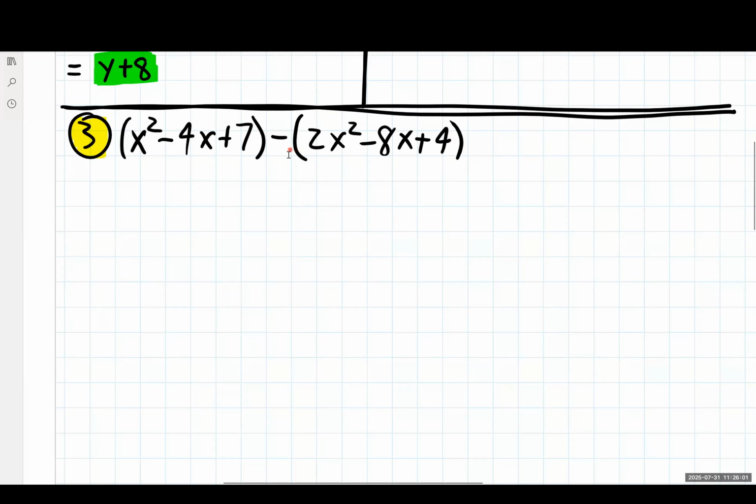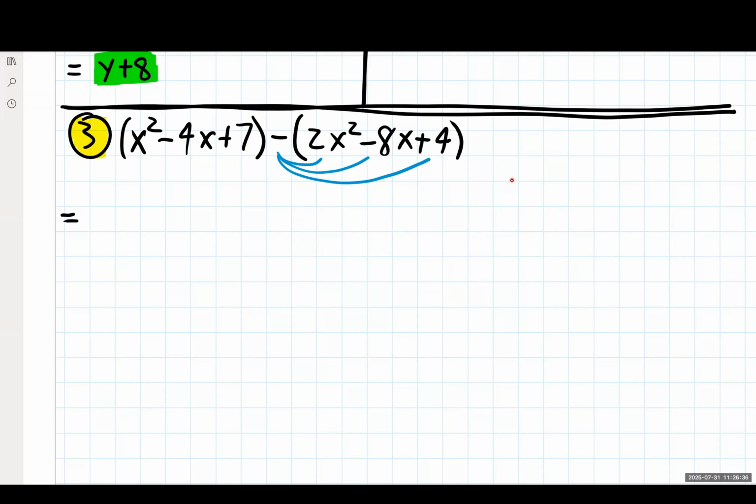But if you would like to put an invisible 1 in front here, it's not explicitly written in the problem, but you are welcome to do so if that would be helpful. If you don't want to do that, that's perfectly fine as well. You don't have to. Just make sure that you are denoting somewhere in the problem that the negative sign does have to distribute through to everything inside of this second set of parentheses. Oh, there it's going now. I could write it out like this as well and show that this negative goes through.